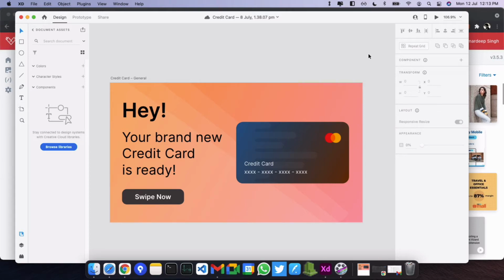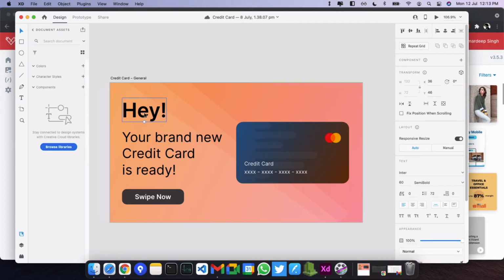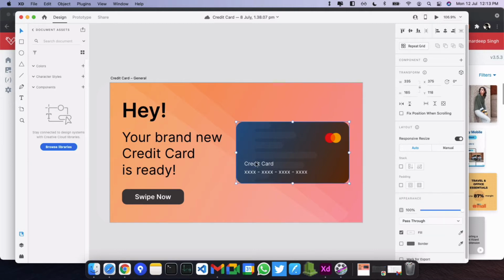So let's say this is a design that we want to send out as a notification to our users. I'm using Adobe XD for design. While the design looks great, would it not be very nice if we could personalize it to the person getting it? Say, instead of saying "hey", if we can put the person's name here, or even at this place, or change the CTA depending on the person who's getting it. So let's do that.